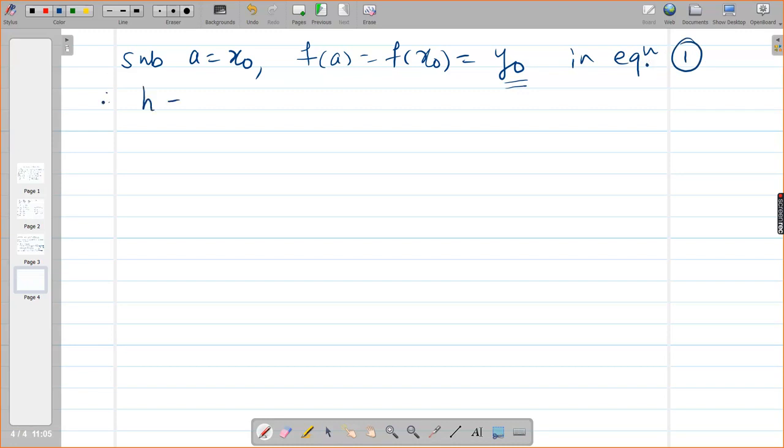Therefore u becomes x minus x naught upon h. This is just notation. u will remain as u. Therefore, equation 1 becomes